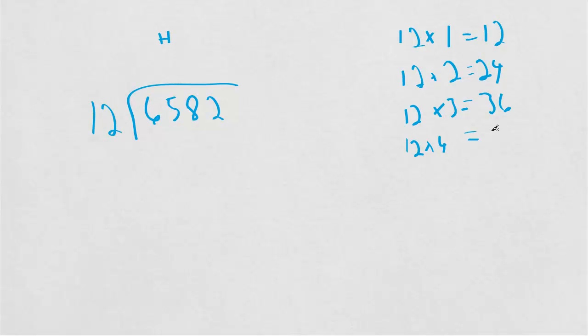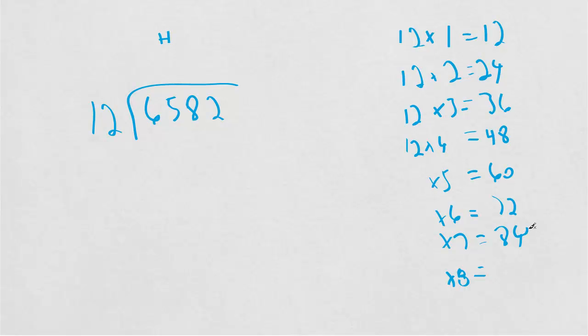We add 12 to this, so that's 48. 12 times 5 equals 60, times 6 equals 72, and I'm just going to keep going, times 7 equals 84, times 8